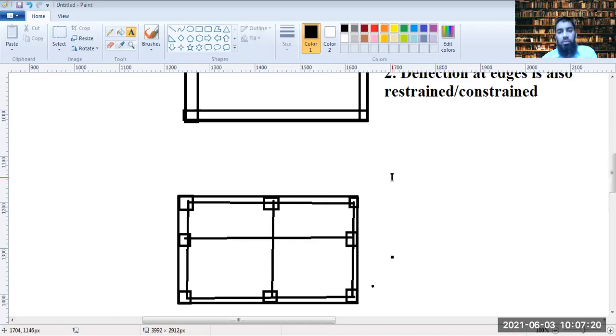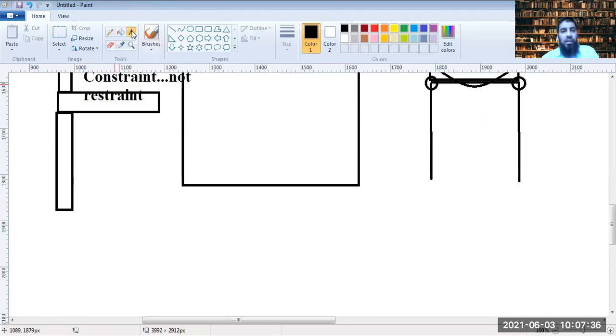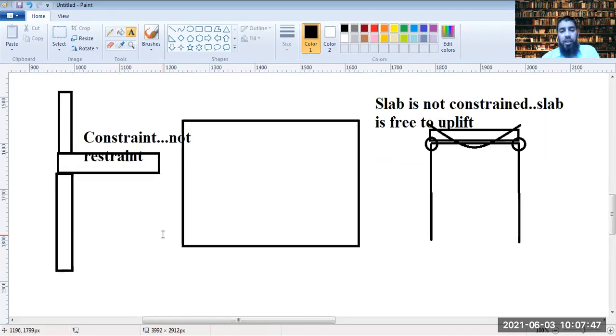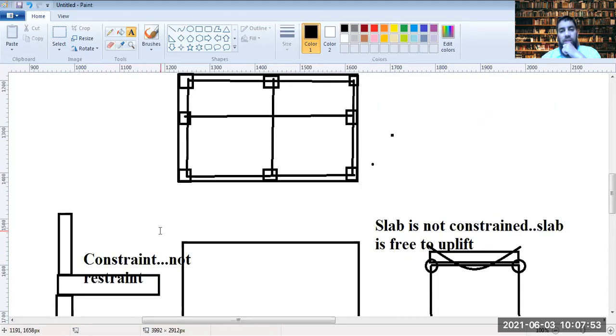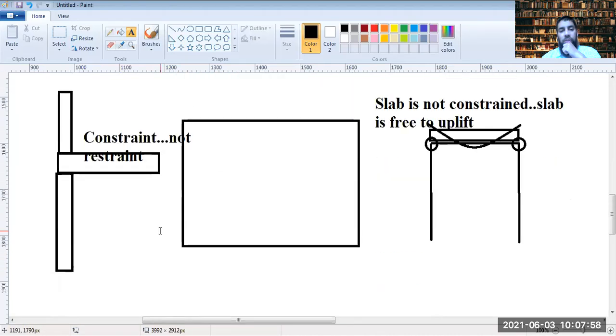Yes Faizan, what if the span ratio is equal to 2? Is it a two-way or a one-way slab? Because different sources say different. So it's usually less than 2 that we take, and it's not a big issue. We can take it at 2, we can say it's a one-way slab or it's a two-way slab. We can say it both, and we can go for a design as a one-way slab as well at 2, as well as a two-way slab. But usually the codes mention that you take less than 2 as a two-way slab.